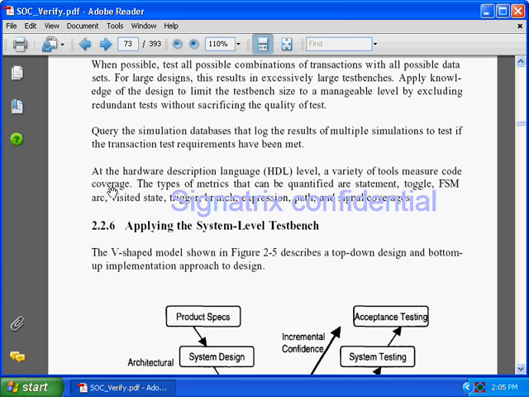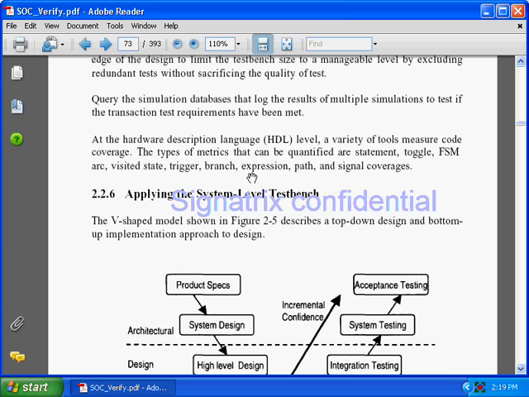Now they are telling that at the hardware description language level, a variety of tools measure code coverage, the types of metrics. If you are writing your test bench with the help of Verilog or VHDL, you can measure that with the help of these tools. What all the coverage metrics are we having? We know that we are having statement coverage. We have to check whether our test case has verified all the statements in our design code or not. Toggle means